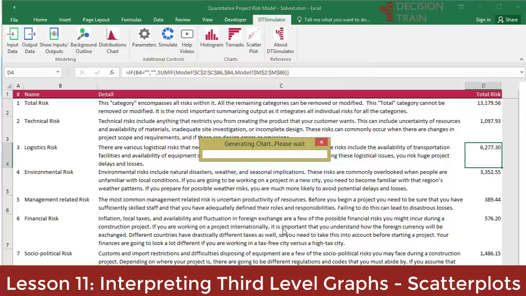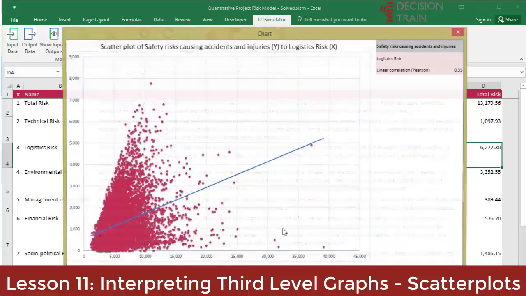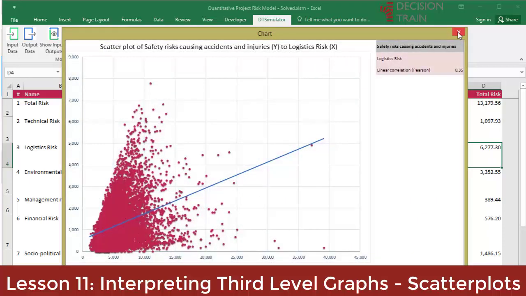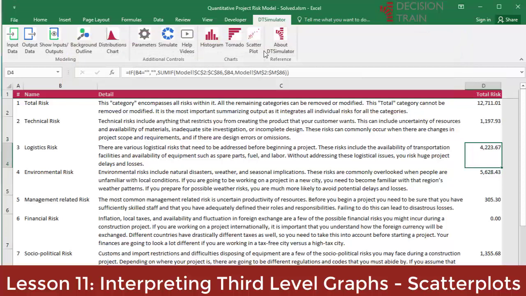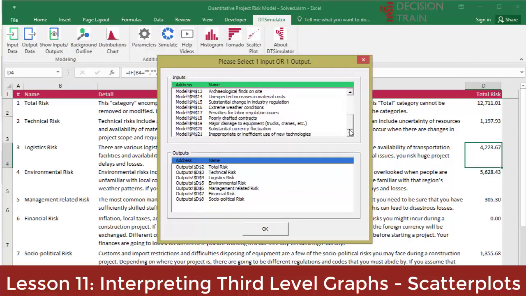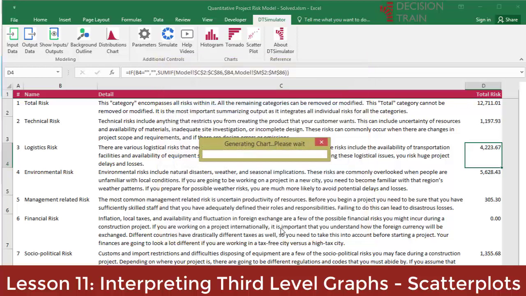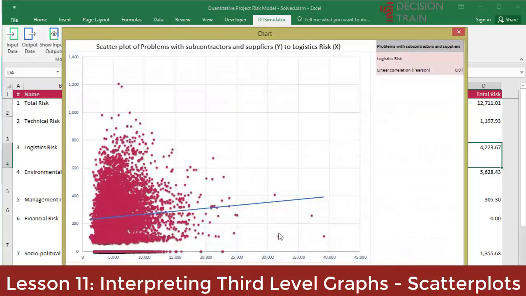After closing this chart, click on the scatterplot icon again, but this time select the input with the least impact over logistics risk, problems with subcontractors and suppliers. The following scatterplot appears. Clearly, an indeterminate cloud of points is observed on the x-axis that fails to somehow relate problems with subcontractors and suppliers to logistics risk on the y-axis. The correlation coefficient is very weak, just 0.04,